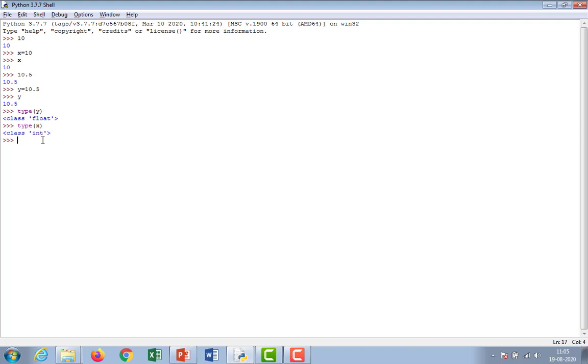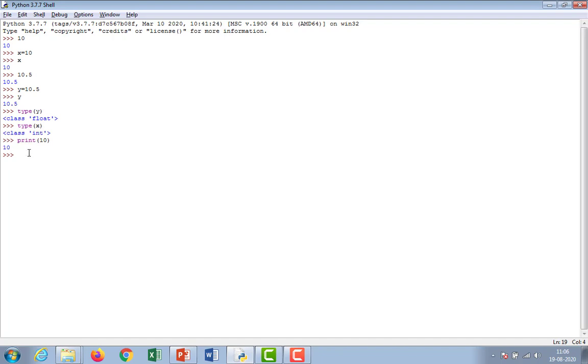Python interprets a sequence of decimal digits without any prefix to be a decimal number. Suppose you want to print a decimal number, you directly print it, no problem, and the decimal number will be printed over here.